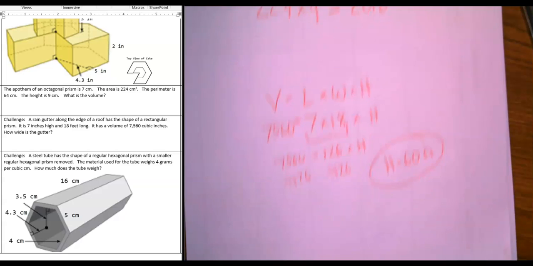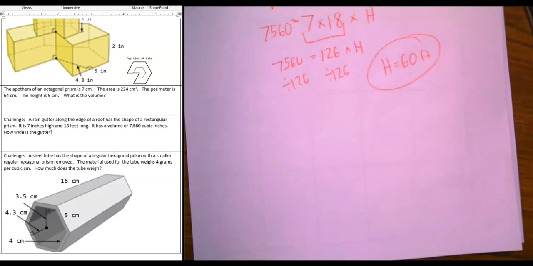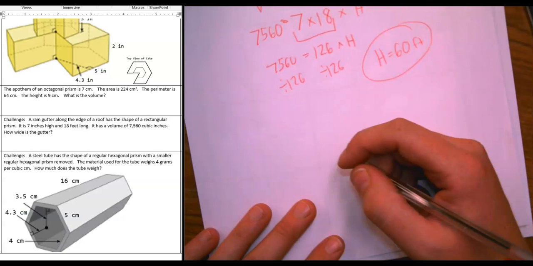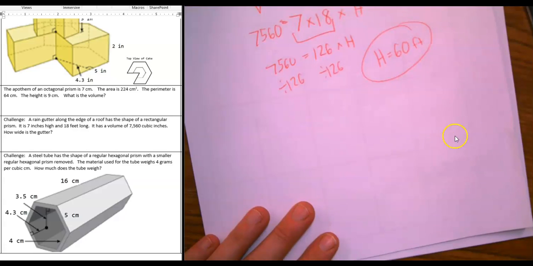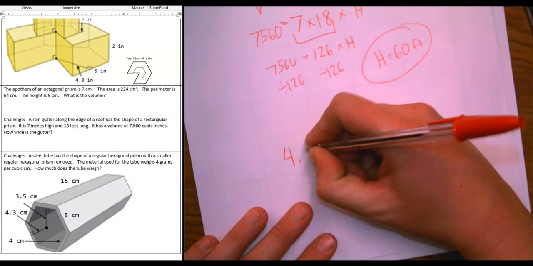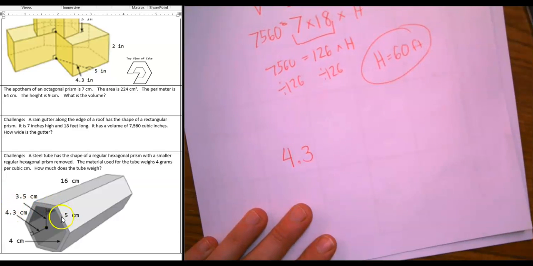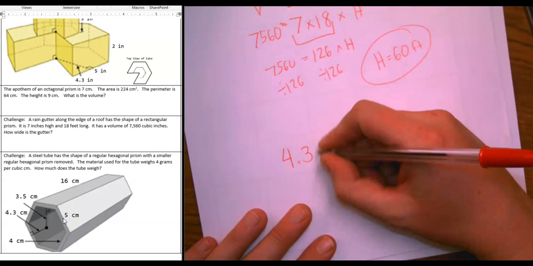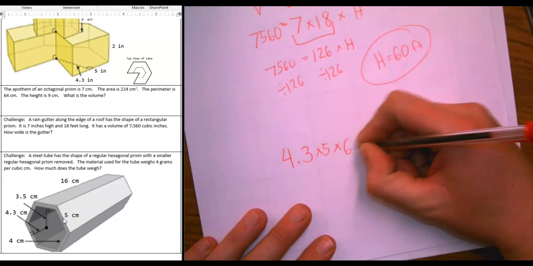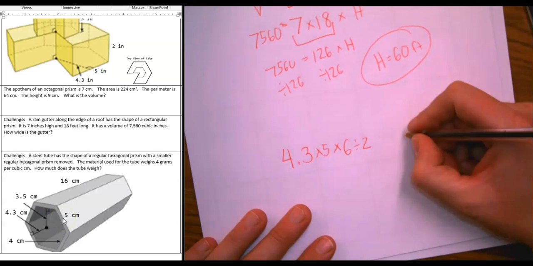Okay. On the other challenge one, you've got a big hexagon inside a little hexagon. So you're going to go ahead and find the volume of the big one and minus the little one. So volume of the hexagon would be the outside one, your apothem is 4. You can see that goes all the way out to the outside, or 4.3, excuse me. The apothem is 4.3, and the length on the outside is 5 times the number of sides. It's 6 divided by 2. There's my area times the height